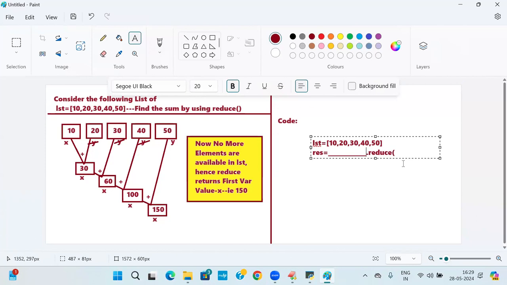Don't worry, give me 2 minutes and I will explain. What will I write? Lambda. What is that lambda called? Anonymous function. What is the syntax actually? Here the syntax is